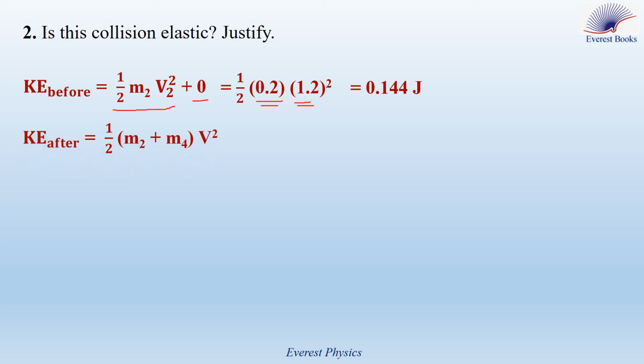Let's move to the kinetic energy after the collision. You know that after the collision, the two blocks move as one body, so their kinetic energy is 1/2 times m2 plus m4 times v squared. So m2 is 0.2 kilograms, m4 is 0.6 kilograms, and their speed after the collision is 0.3 meter per second, as we have seen in part 1. So the answer is